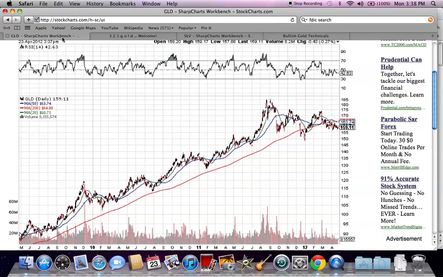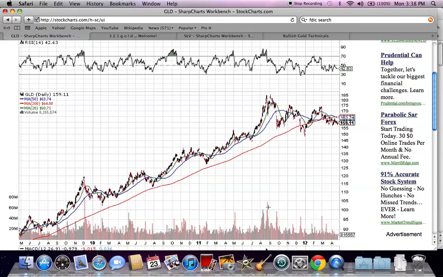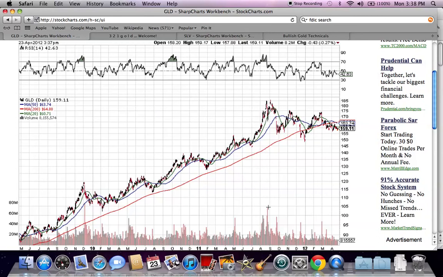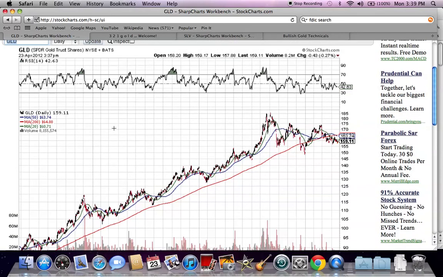So basically what I'm going to predict here is that gold in the near future will be a stable investment. I don't think you're going to get 30, 40, 50% returns quickly unless we break out of this downward movement. That being said, it's still not a bad investment in the current economic environment, especially with the market dropping below its 50-day moving average. But we'll just have to wait and see what happens.